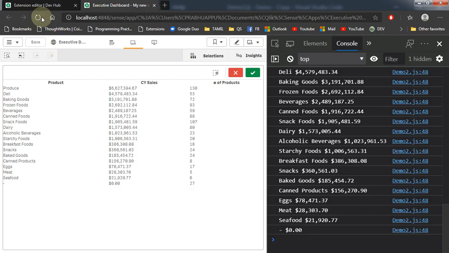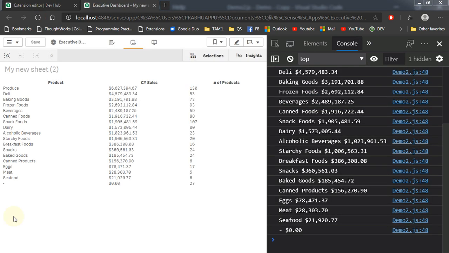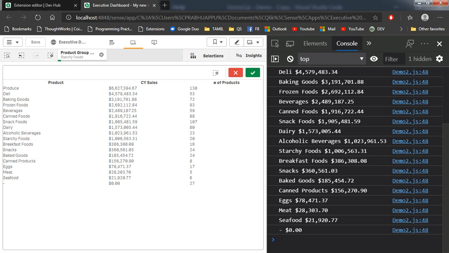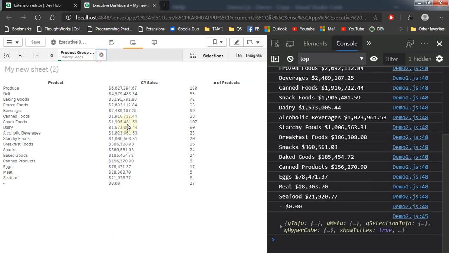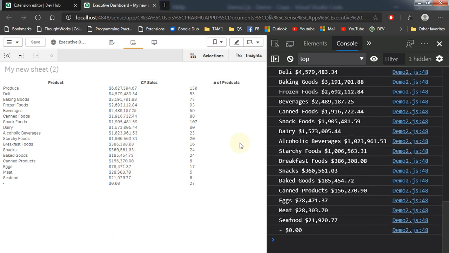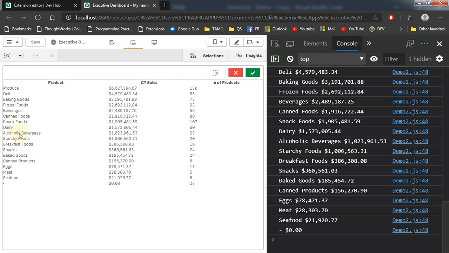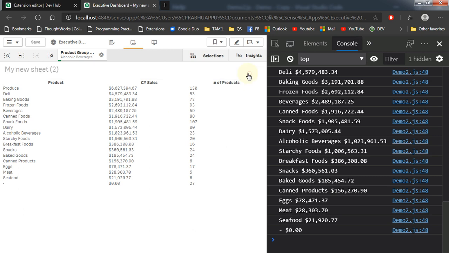If you refresh the page, so if you select a value, it's getting selected, and if you click on this measure column, then the event is not called actually. So that function is not executing. So when you select only the dimension, the click event function will be called and it will select the value. So that's it.